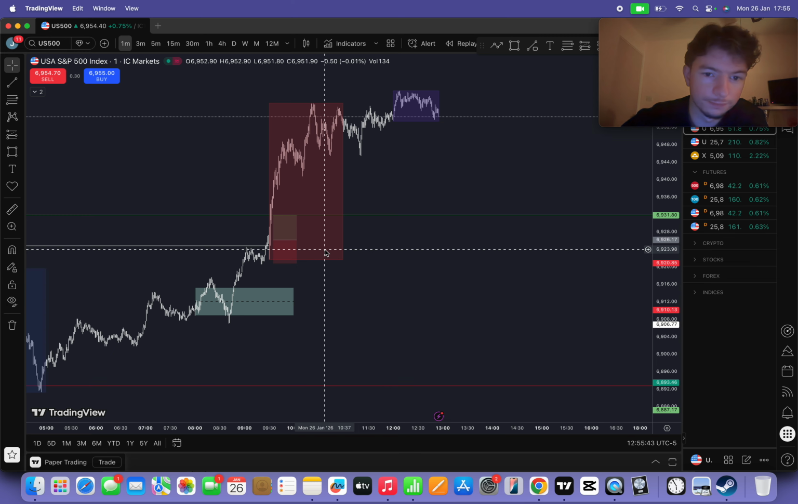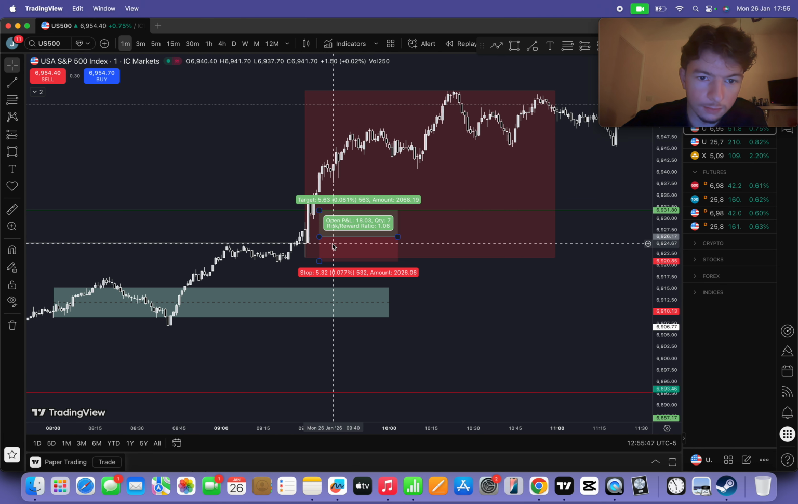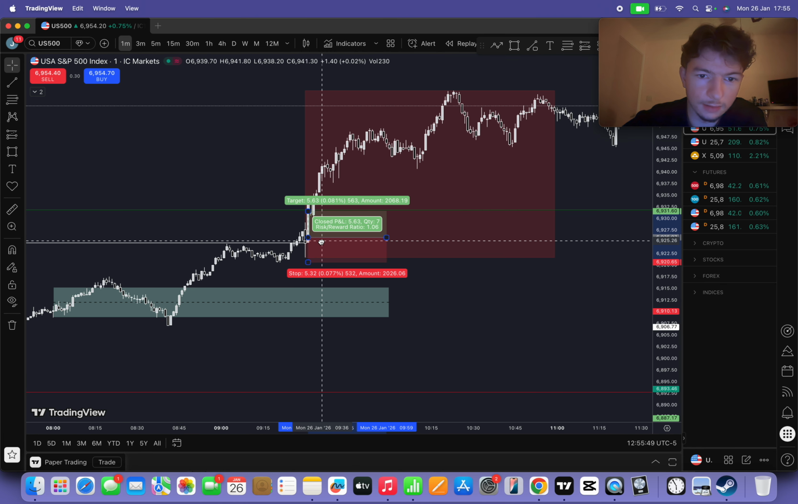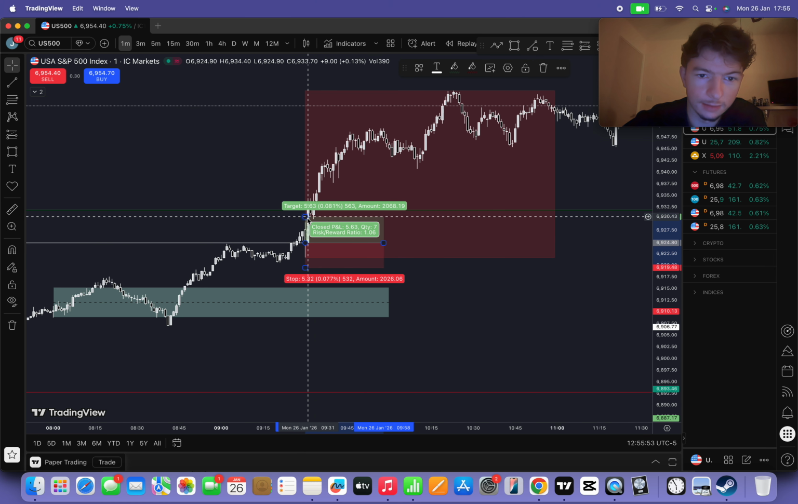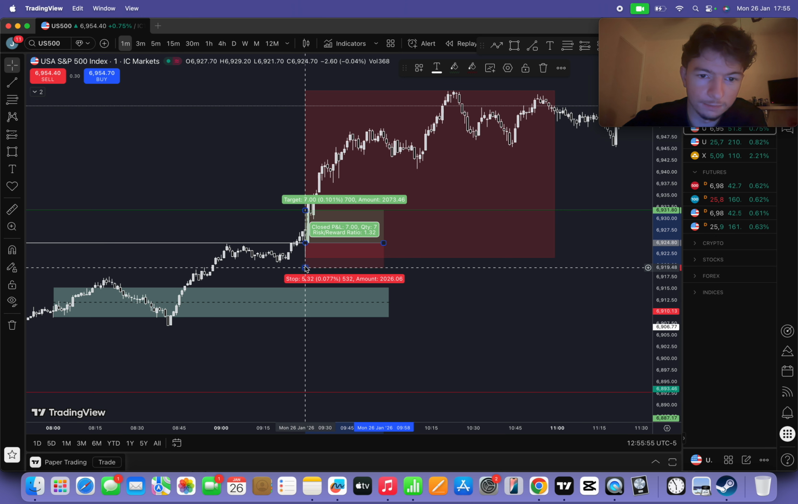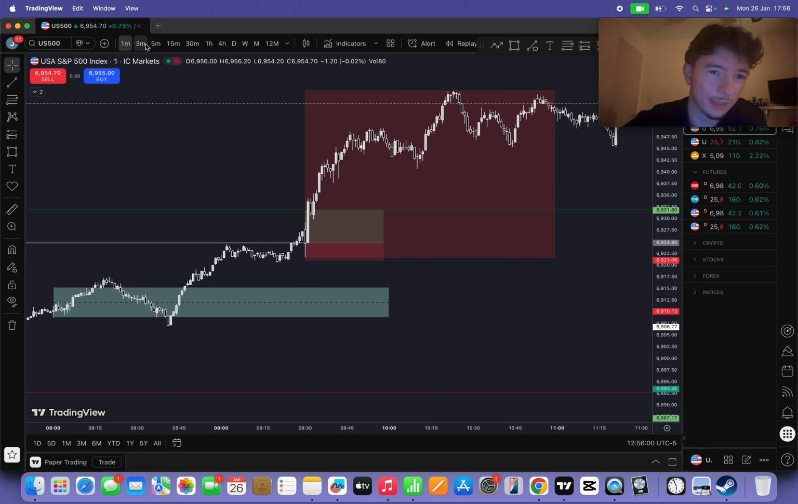Right, there we go. So after this, go from the body of that candle like that, bring that up, tight stop below this, 1.87. It's a bit risky, but